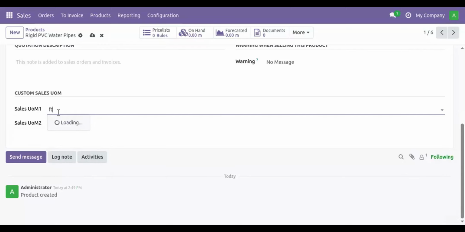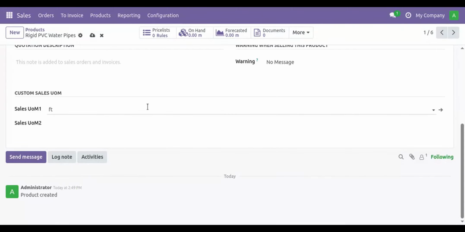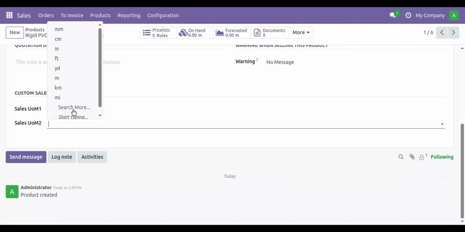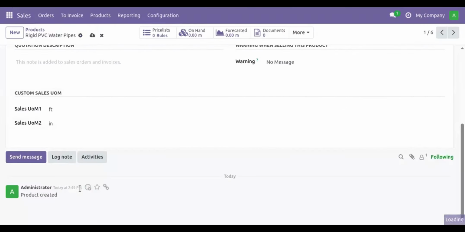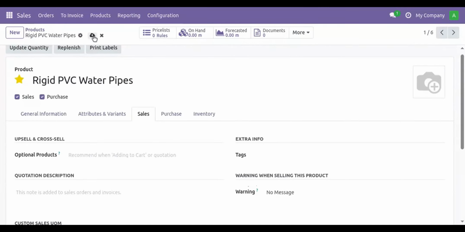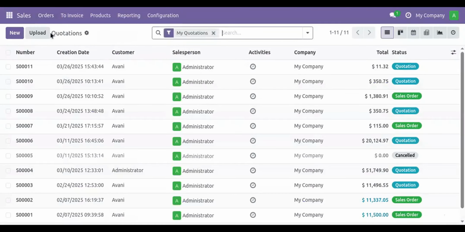So let's change one into feet and the other into inches. As you are selecting here, you can see the drop down lists only the specific unit of measure category, here the length or distance category. So I'm choosing inches over here. I'm saving this.